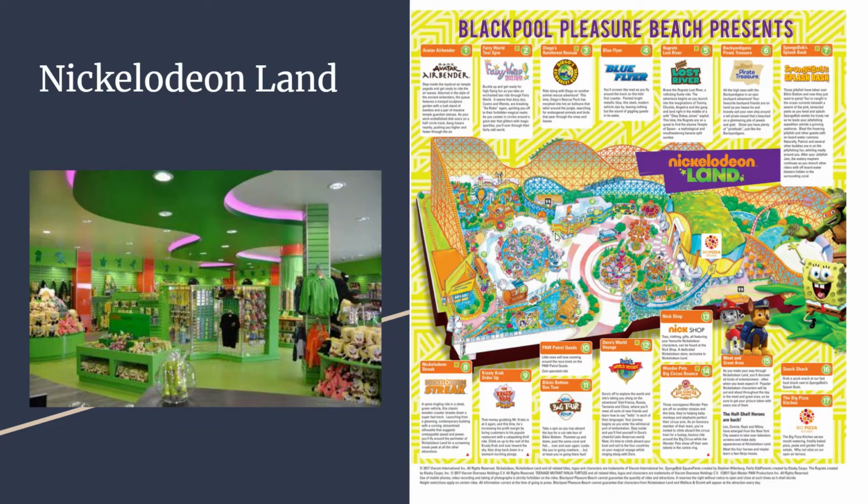You then have the Nickelodeon shop here, which is displayed in more detail here, and it sells a lot of Nickelodeon merch, especially SpongeBob, as you can see right here. They do have some Paw Patrol merch, because they do now have a Paw Patrol meet and greet. It has a lot of the newer cartoon things in there as well as the already existing characters that are